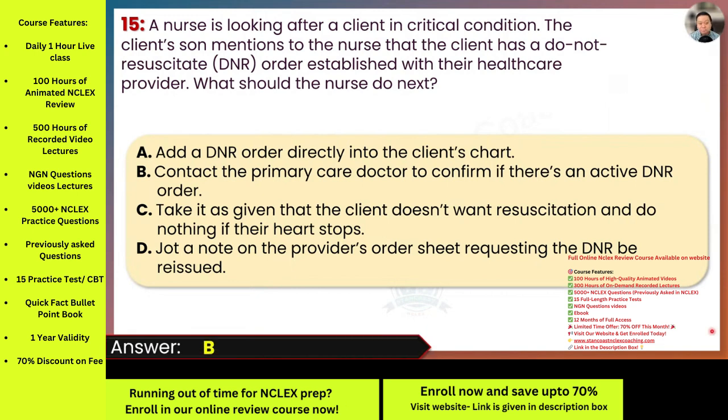And why is that? It's because a verbal claim from a family member is not legally binding. And so your role as the RN is to verify if there is a signed DNR order on file. And the primary care provider must confirm or reissue the DNR order before it can be enforced. So until a DNR order is officially documented, the default action is full resuscitation